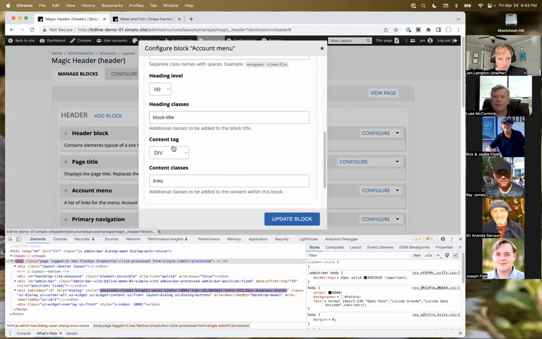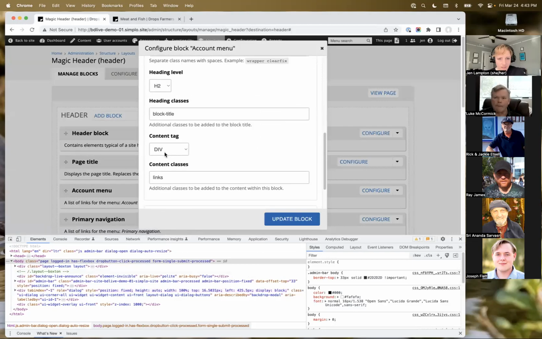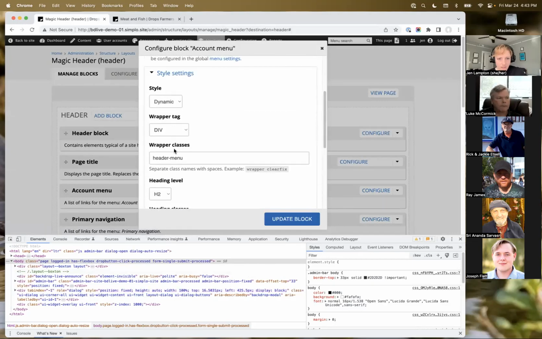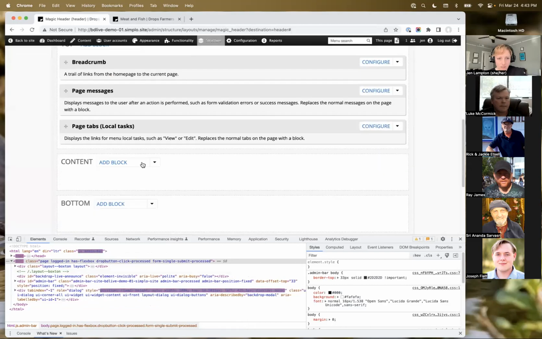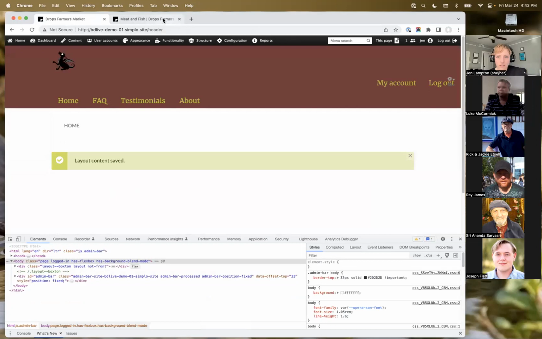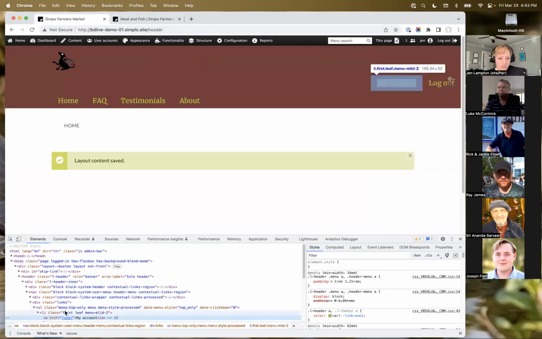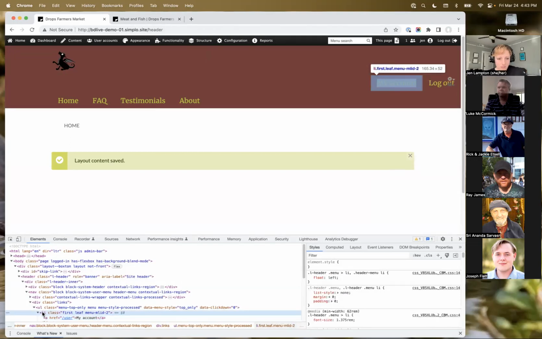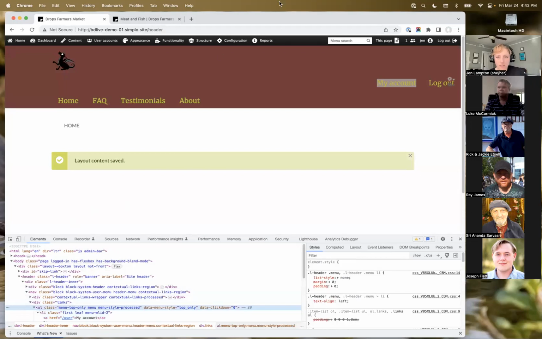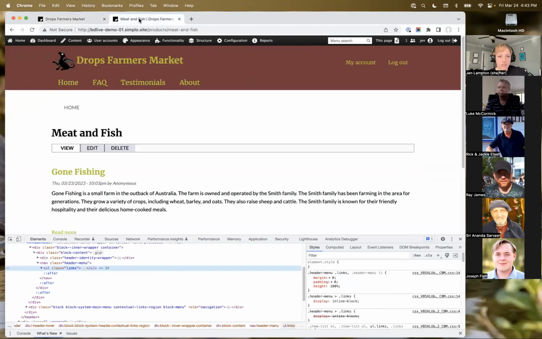So style settings. This one needs to be a nav, I think. Okay, it's still too big. I think I need links to be on the UL, and I don't think I can get that from here,